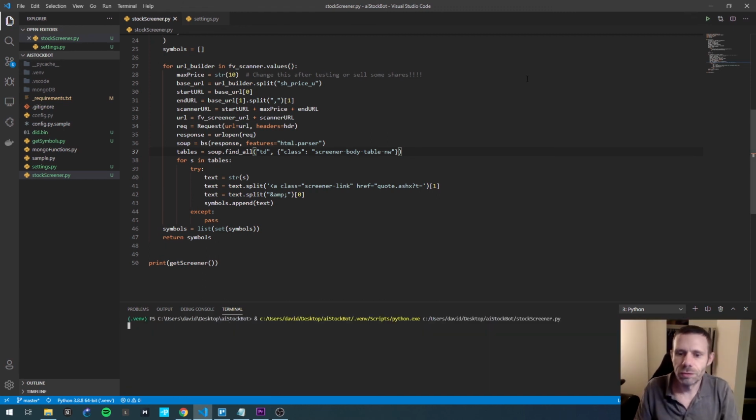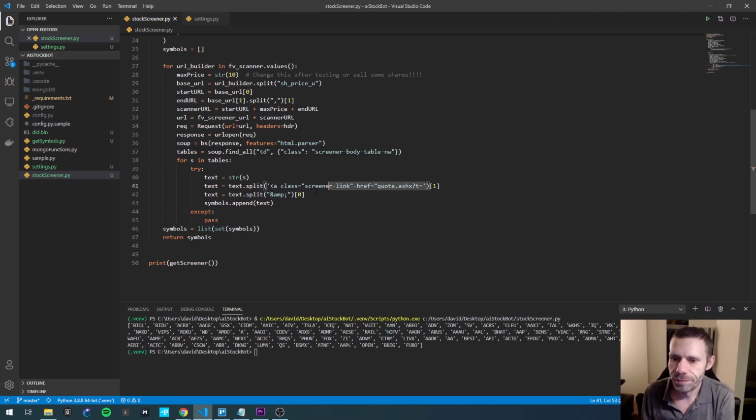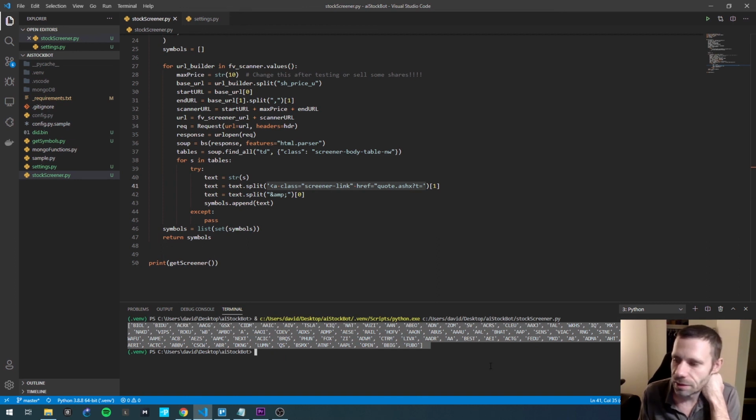Okay, let me try running this one more time here. I think I got it figured out. So I'm pretty sure I didn't have anything typed incorrectly in here. I think what was happening was, for this URL builder, I had the symbols not indented correctly. So I backspaced it, and now we are getting a list of stock symbols